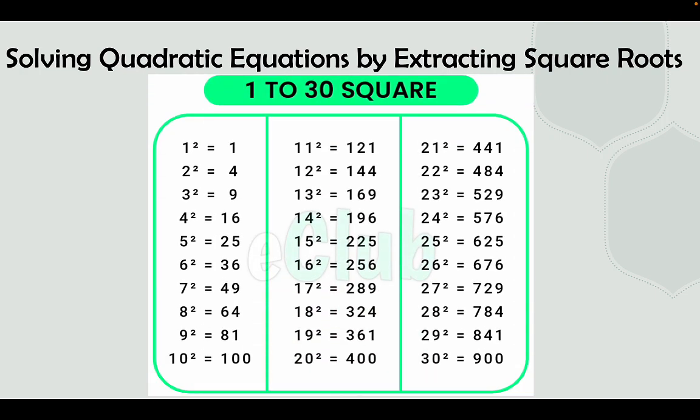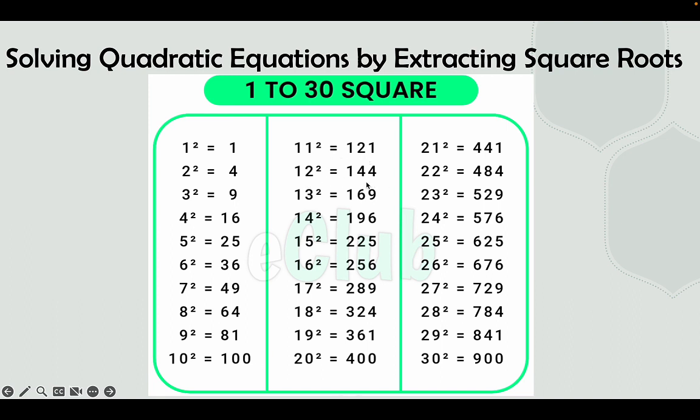Now, first, we need to recall or familiarize ourselves with all the squares from 1 to 30 squared. So we have 1 squared is 1, 2 squared is 4, 3 squared is 9, 4 squared is 16, 5 squared is 25, 6 squared is 36, 7 squared is 49, 8 squared is 64, 9 squared is 81, 10 squared is 100, 11 squared is 121, 12